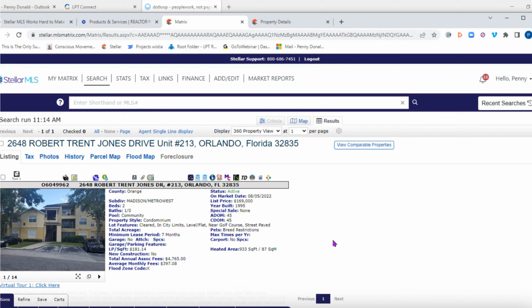And once you come in here, you're going to look for the listing that your buyer is interested in. We're going to pretend we're writing a contract for a buyer. And so I have a buyer that's interested in this condo. And what I'm going to do is copy the MLS number